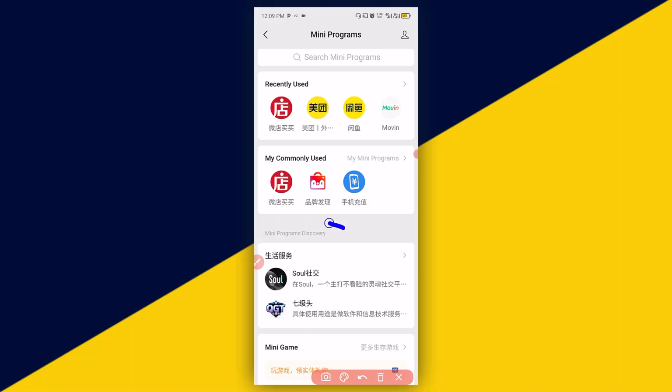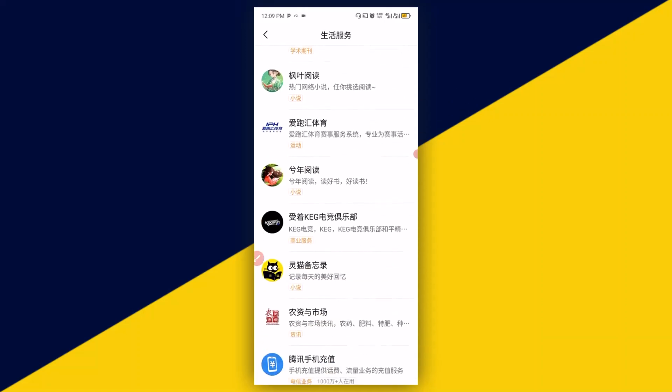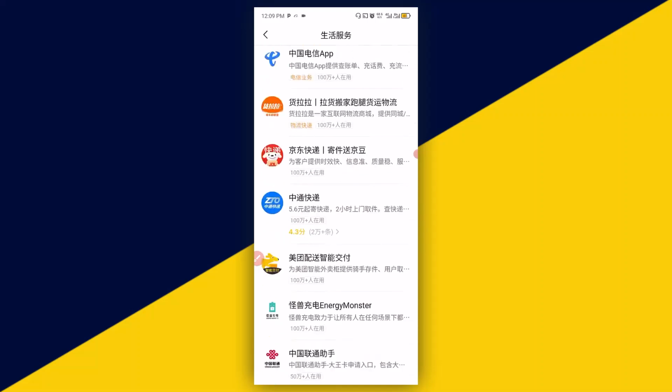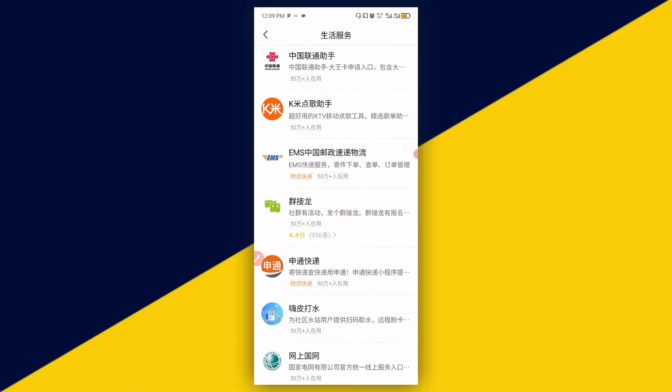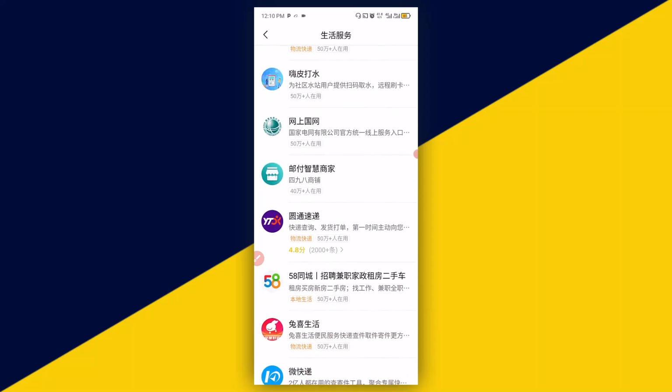You can see Mini Program Discovery. Just go ahead and click on here and you see a lot of shopping app in this category right here. All you have to do is to simply scroll down. The more you scroll down, the more you see different mini shopping app right here. However, I have already found my Weidian shopping app. That is why you see it in